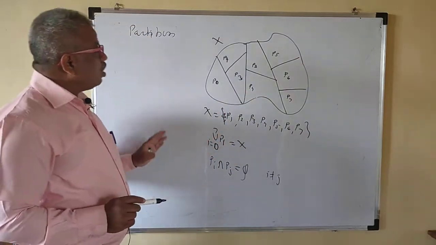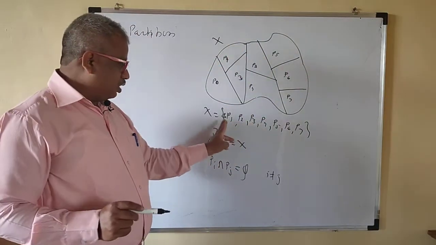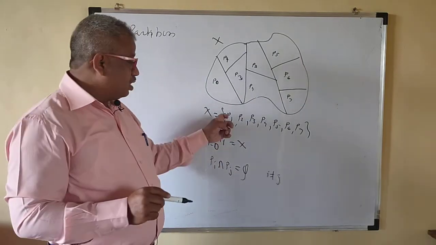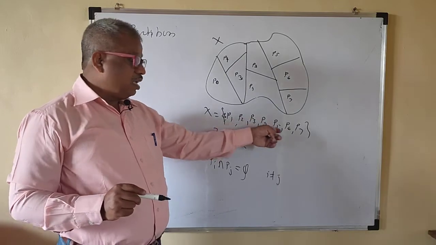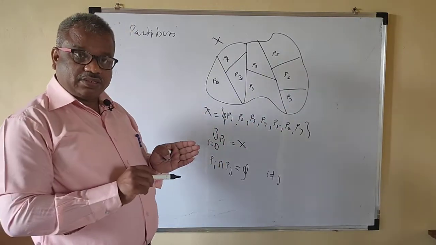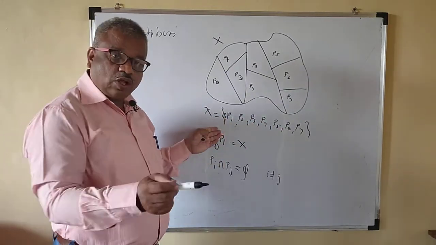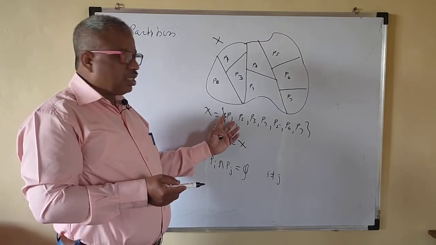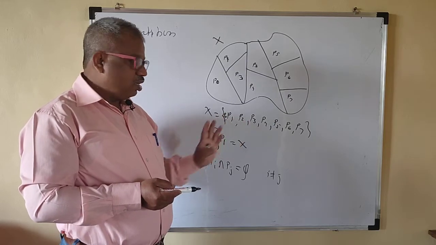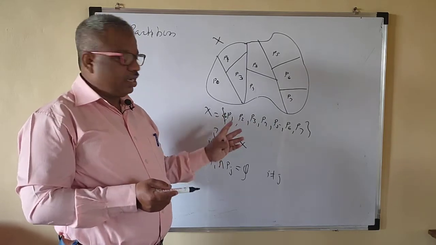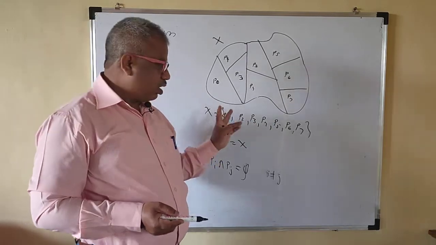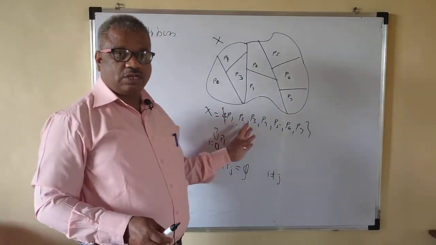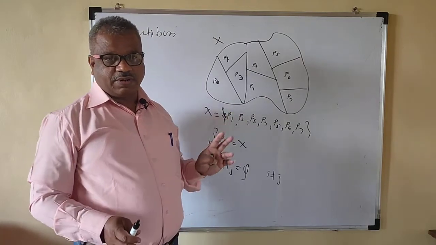So this is the partition now. This P0 is a collection of sets. They are the subsets of X. Your P0, P1, P2, P3, P7 are the subsets of X. And see here, the union of all these subsets is nothing but your capital X, and the intersection of any two sets is empty. So all these subsets are disjoint. That means the collection of disjoint subsets of X is nothing but a partition.